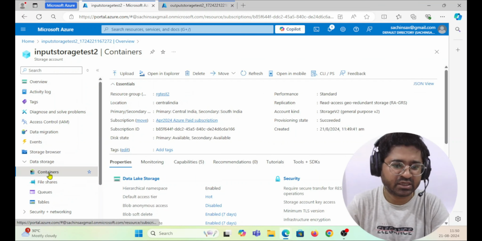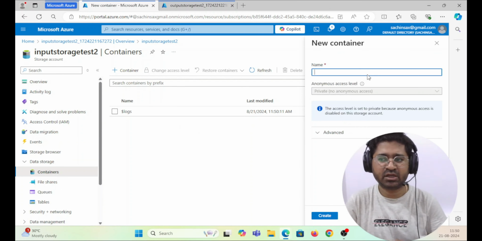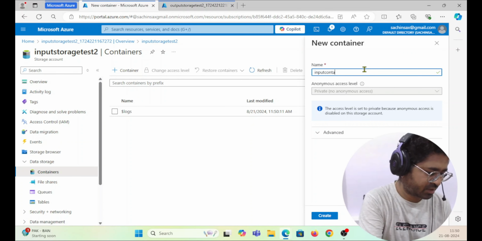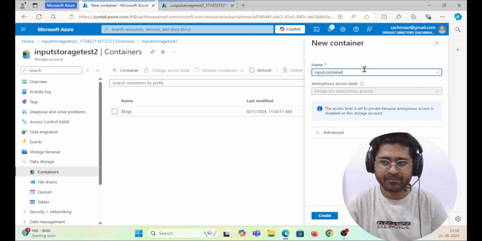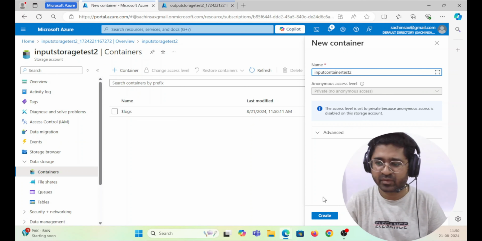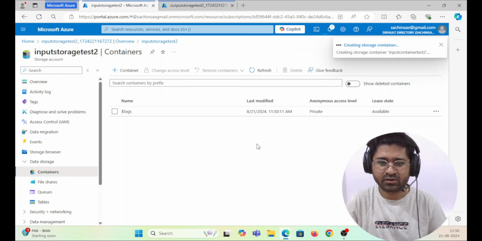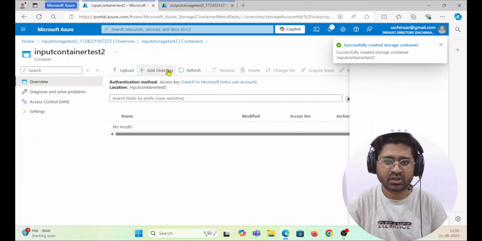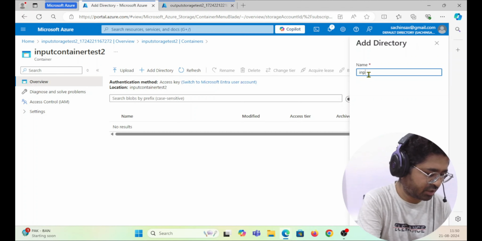test2. I can create containers now. So I'm going to create containers. So I'm going to create input container test2. I'm going to create it, and can you see it's showing here inside this test2. I'm going to add a directory. So I'm going to create input